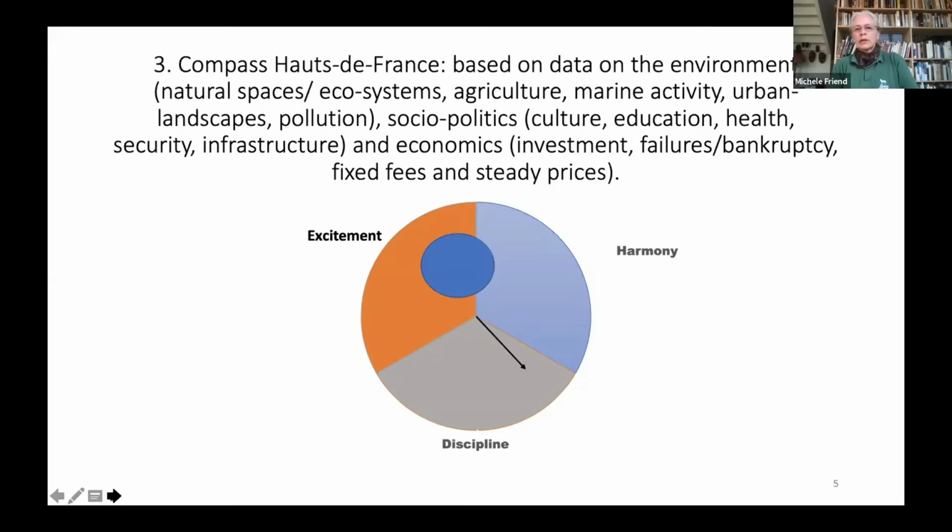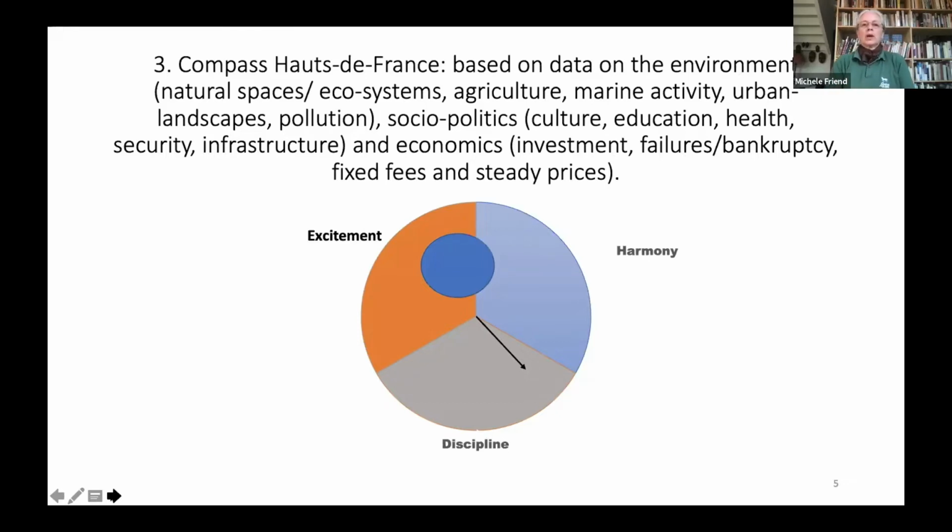Now here we have the actual compass compared to where we wish to go. So the blue circle again is where Hauts-de-France wants to go. And we discovered that really it's actually going in the wrong direction altogether, right? But this might be relatively better than what it was before, because there has been some investment fairly recently, but the investment has not really been enough, and maybe it hasn't really come to maturity. So what we would like to see is for that arrow to start shrinking or turning more towards that blue